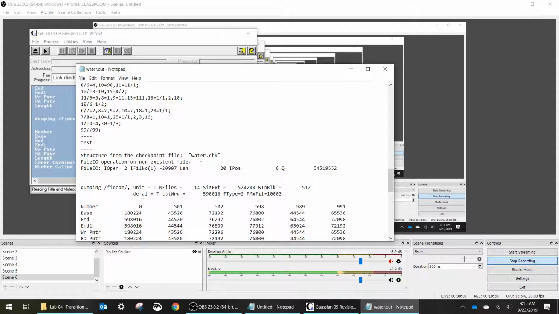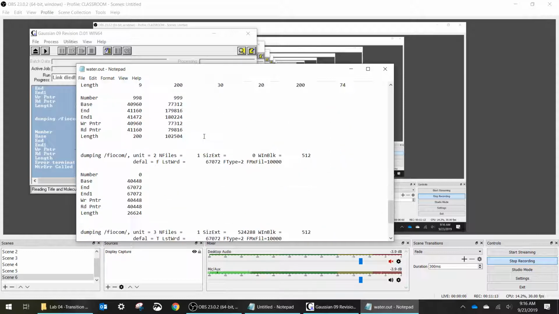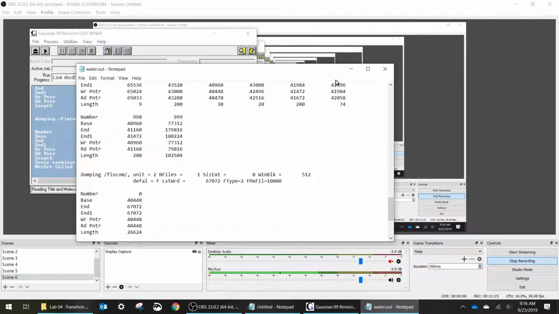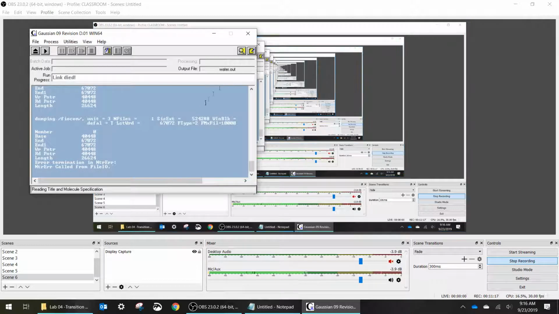And so you might get this because of where you put your checkpoint file. If it's not in the scratch directory, then it's not going to find it. So you may have a checkpoint file, but if you didn't give it the full path name, then you might have that error. So there's that. I actually had two errors in the input file. I had that multiplicity error, but it hit the checkpoint file one first and died. So let's come back to